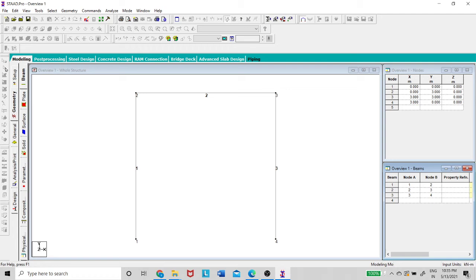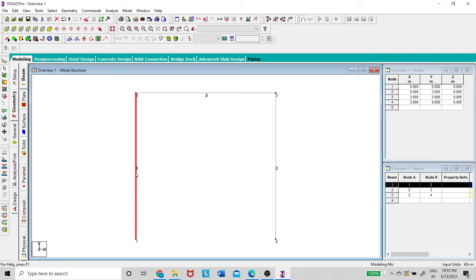Suppose I select this beam. Okay, if I select this beam, you can see the starting portion of the beam is shown in green color, and the ending portion is shown in blue color.